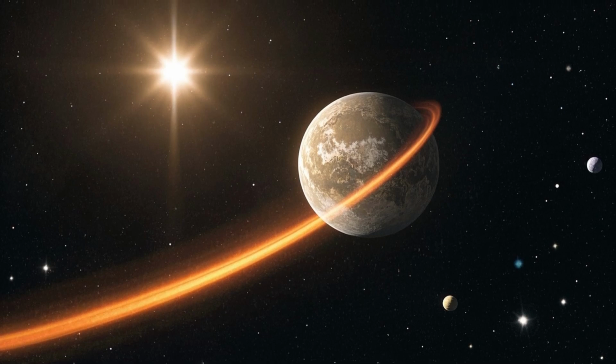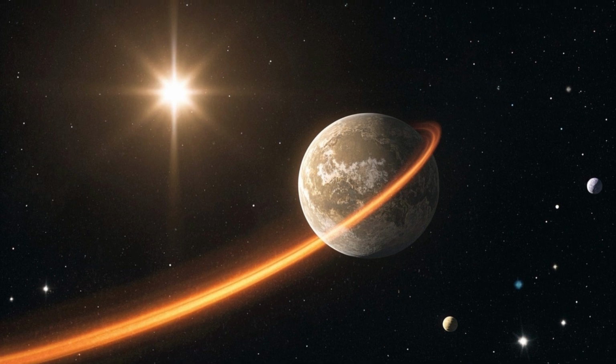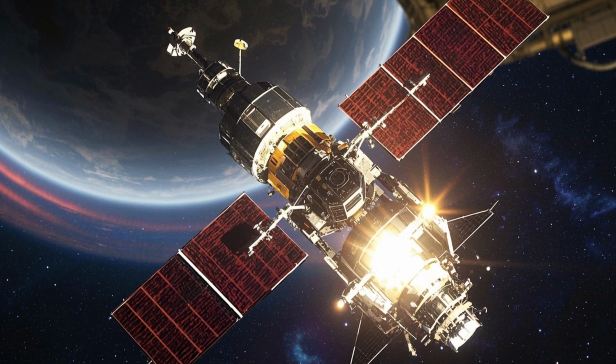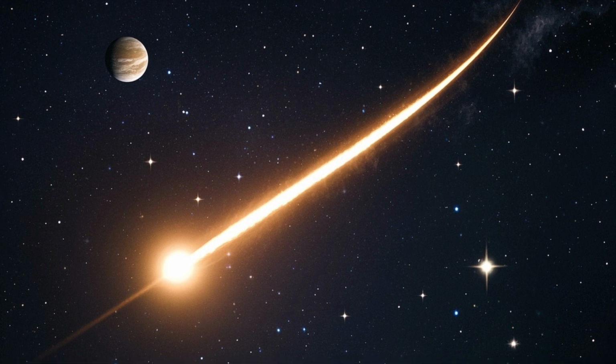Have you seen this image of a possible tail on Mercury? It's wild. I love it when we get unexpected views of the solar system. This is one of my favorite images of the year so far. It was taken by NASA's Solar Dynamics Observatory on February 28th, and it shows Mercury with what appears to be